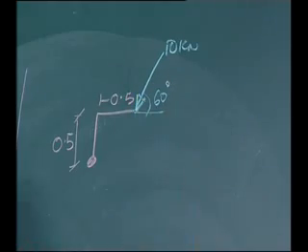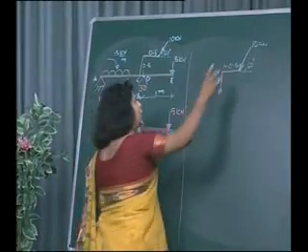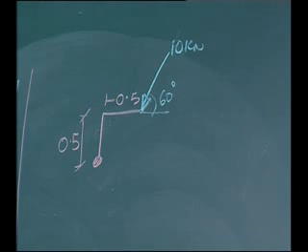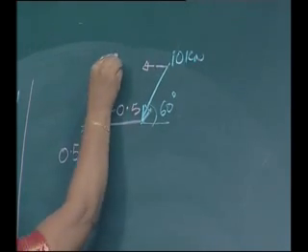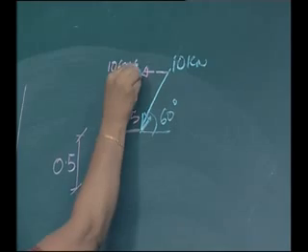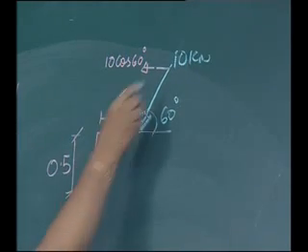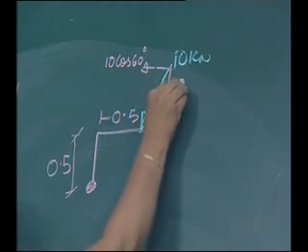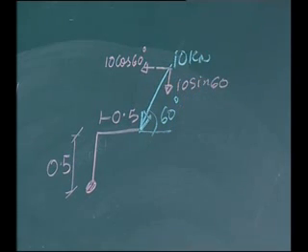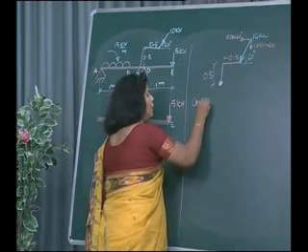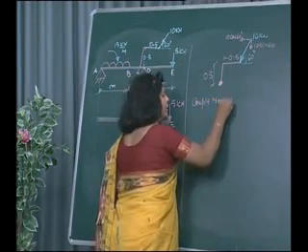So, my first step will be to resolve the inclined force into two components, that is horizontal component and vertical component. So, horizontal component will be, as the force is inclined at an angle of 60 degree with horizontal axis, 10 cos 60 and the vertical component will be 10 sin 60. Now, you can see that over here we will have a moment or a couple moment, right. We will have a couple moment at point C.